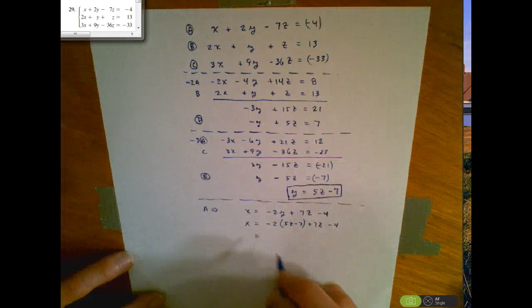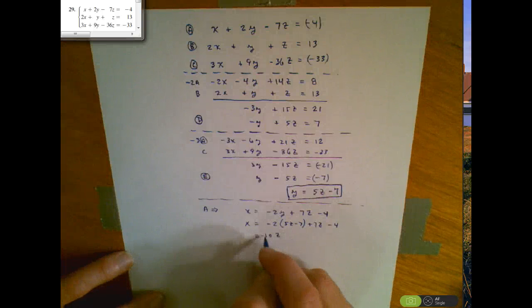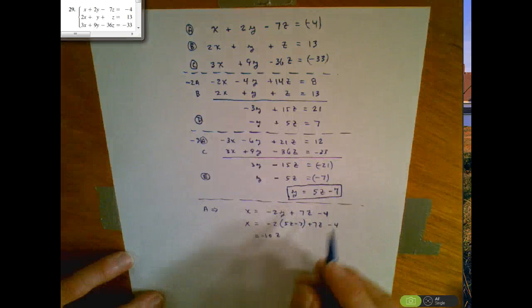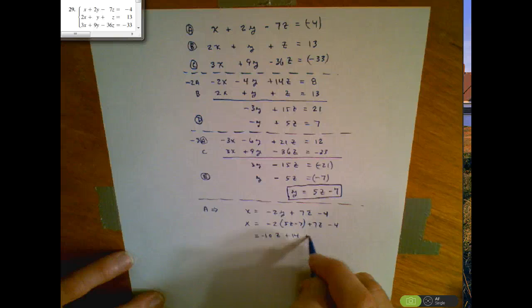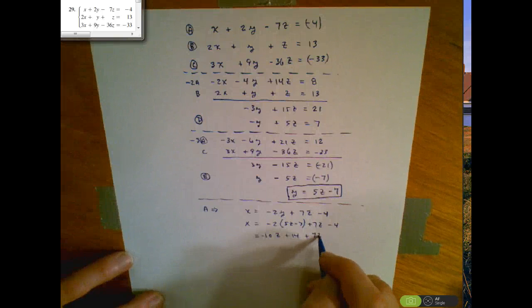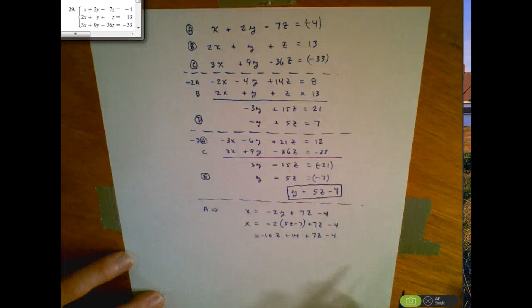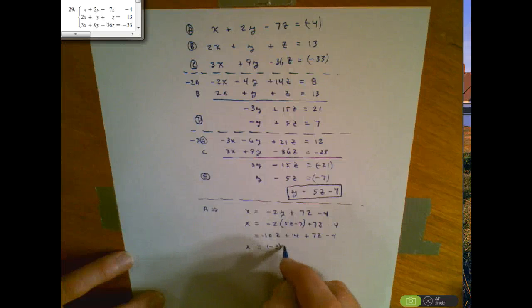I'm going to simplify it now by distributing, and then I have negative 10z plus 14 plus 7z minus 4. Okay, and so what I'm left with then is x is equal to negative 3z